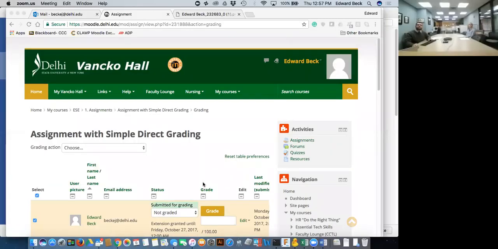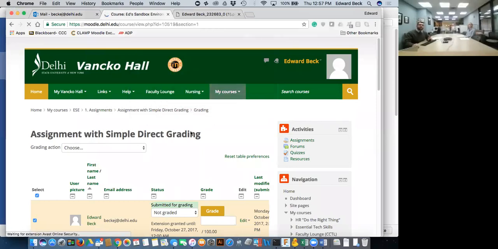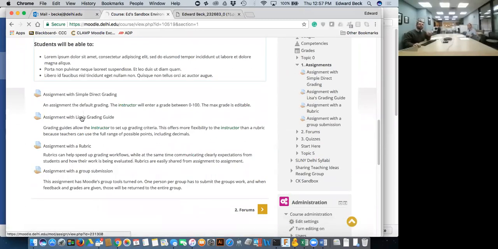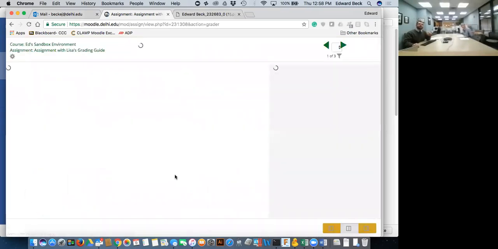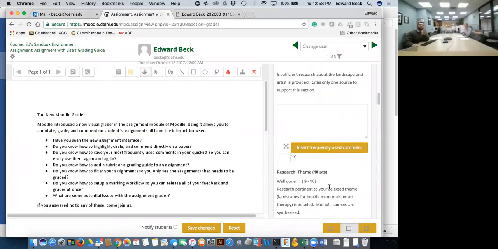Yeah, so when you're working with, oh, I gotta share my screen again. I'm sorry. Give me 1 second. So the reason we need a workaround, just to review and recap for everybody while I get to the correct page, in the grading guide, you can't use negative points. And so whatever you put in here has to be in the positive. And I know that for some programs that doesn't work, especially when you're talking about things that are late and things like that. So what the workaround is